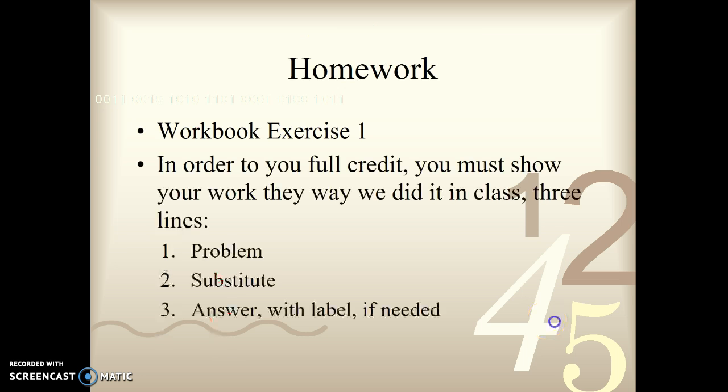So there you go. All right, my friends, your homework tonight is workbook exercise 1. I know you're really excited to start working in your workbook. So in order to receive full credit,